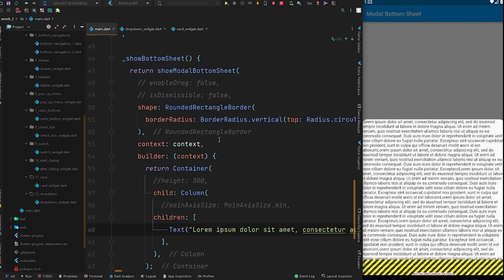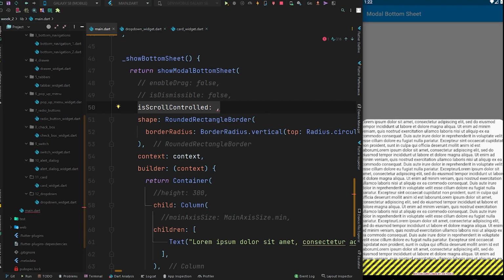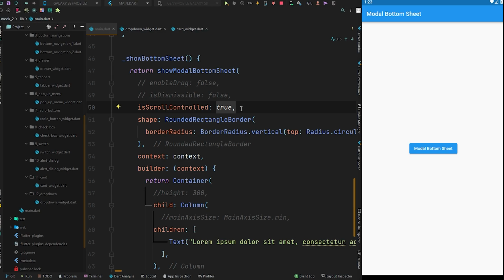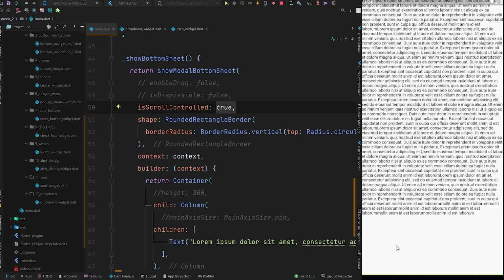So now to allow this modal bottom sheet to get the customized height, we will set the property of modal bottom sheet that is isScrollControlled, and simply set it to true. So after setting this scroll control to true, now this modal bottom sheet is allowed to get more space than its default space, that was 60% of the screen. Now Ctrl S to hot reload and open this up, and you can see this got all the space